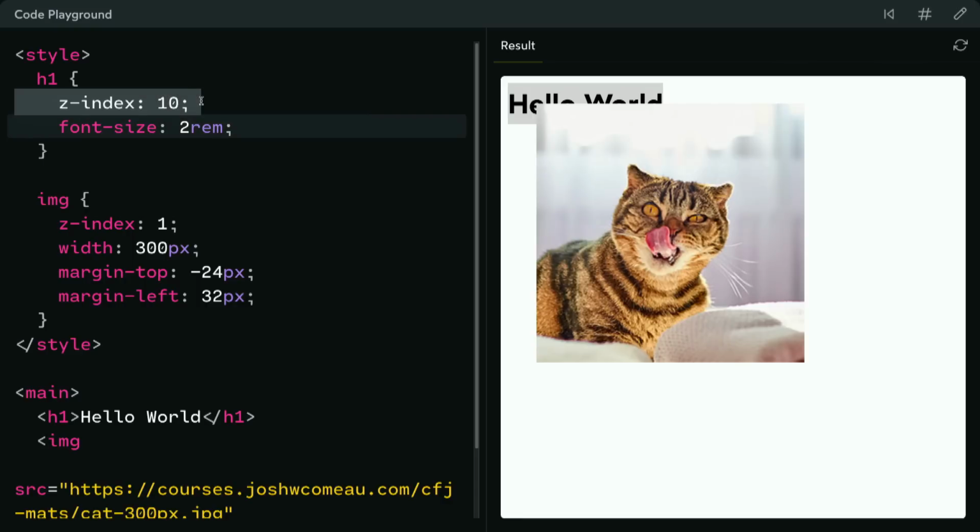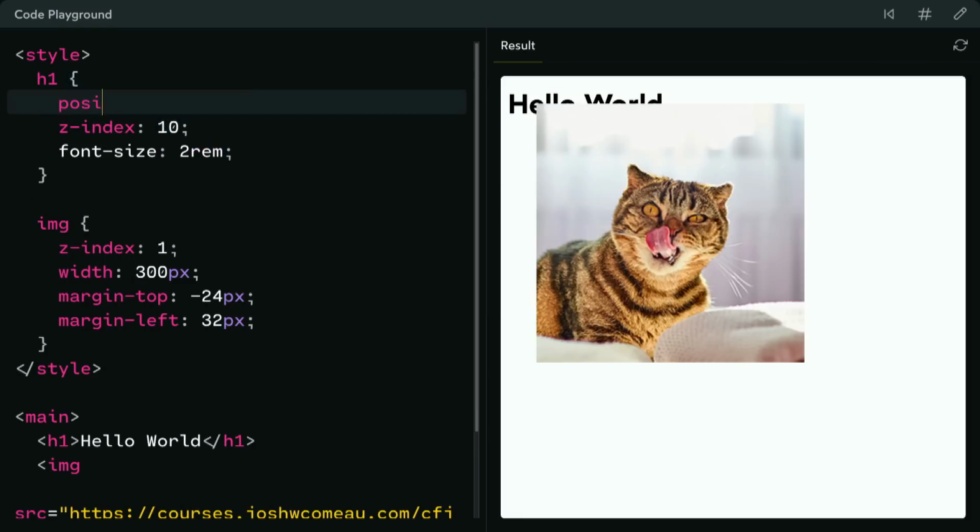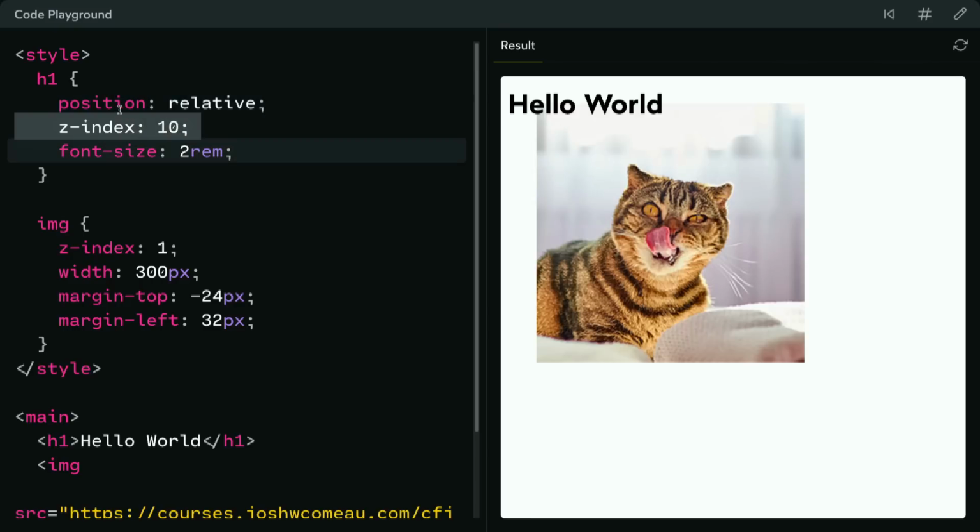Now, the way I would have explained this maybe a decade ago would be something like this. In order to use Z-index, it has a dependency on this other CSS property, that this property only works when I set position to relative, right? That was the pairing in my mind. In order to use this, you have to set that. And it's not wrong. Like it solves the problem, but it's an incomplete explanation,